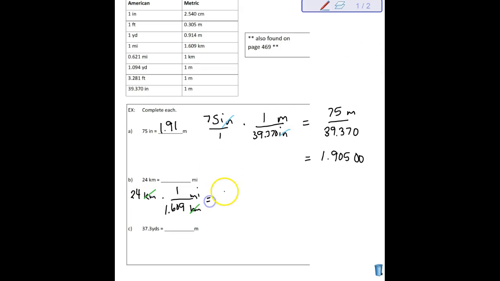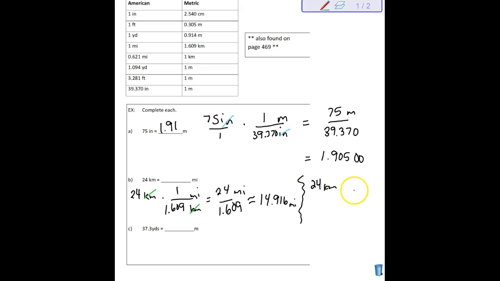And what I get is 24 divided by 1.609, and this is going to be my miles. And we get 14.916 miles. Okay. What I want to show you is that I can do the same if I take my 24